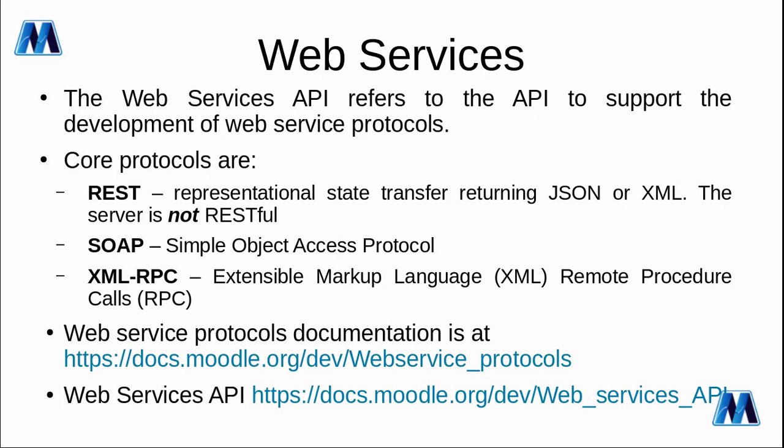Right, before we start, let's have a look at web services versus external services. The Web Services API refers mainly to the API to support the development of web service protocols. So the core protocols, the ones that ship with Moodle, are REST, SOAP, XML-RPC. And if you wanted to develop something else, you could use the API to do so. And then there are two links here to assist you if you want to look deeper into the issue